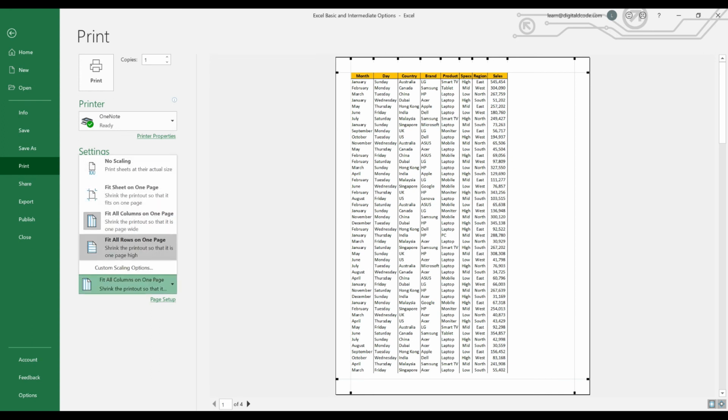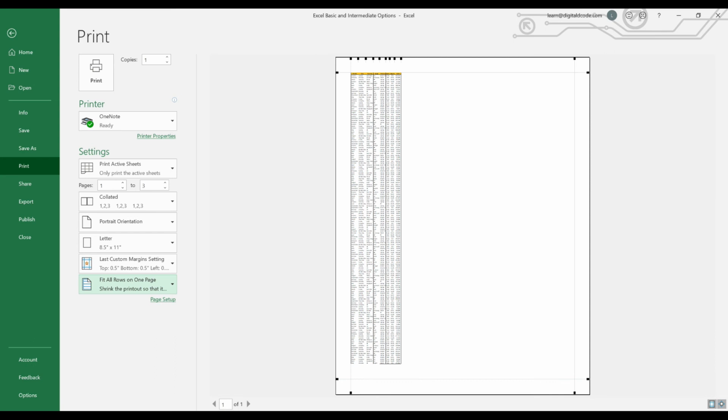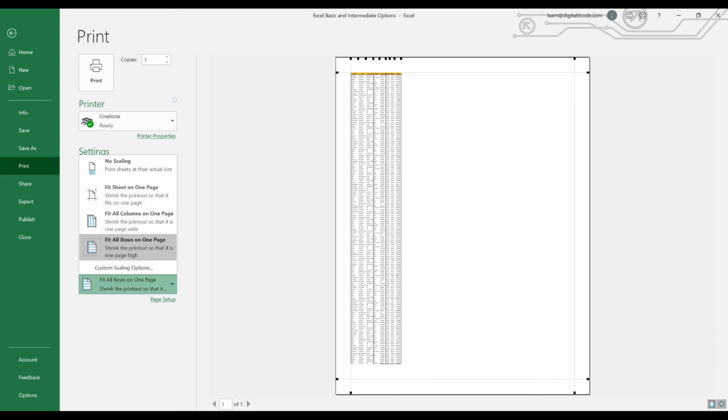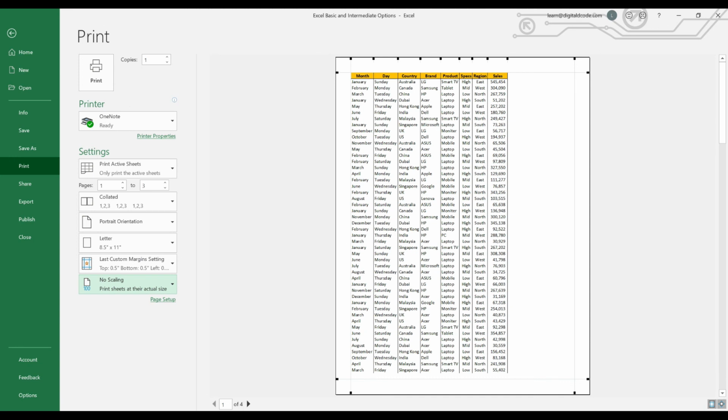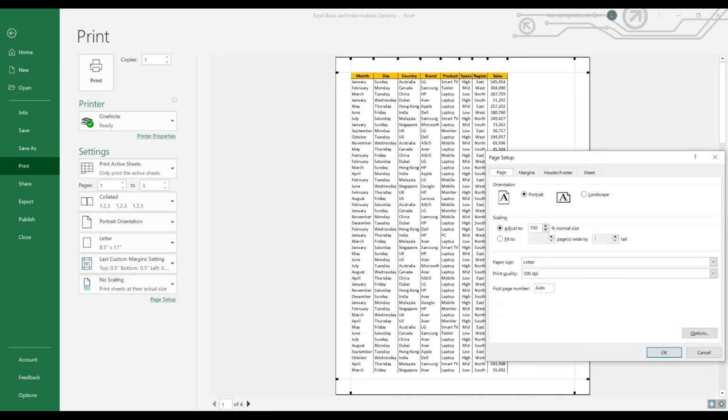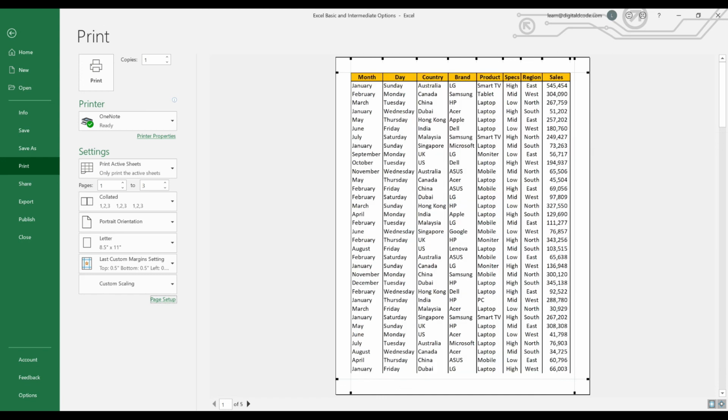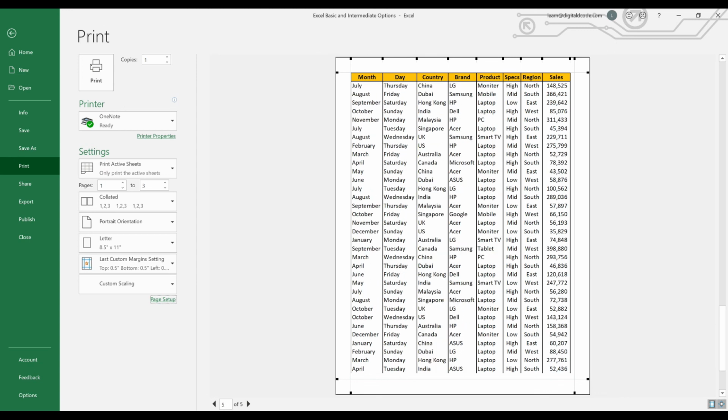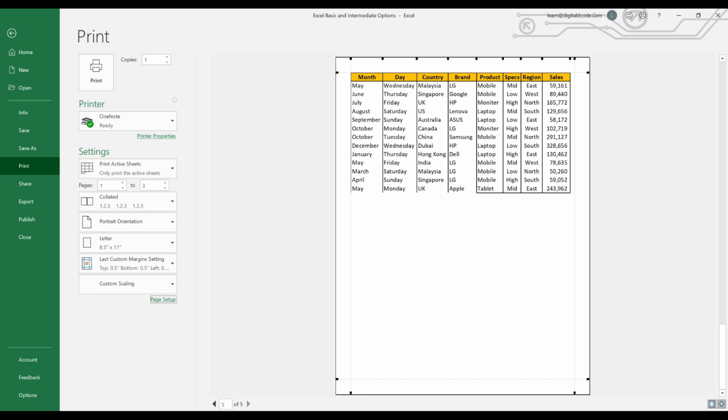In case we want all the rows to be in one page, again it will take all the data and combine it into one page. But mostly we go by our own scaling. So let me change the size back to 140. Now you give print, and this looks much better because earlier it looked so small. Also the other pages got included, but now we excluded the unwanted things, and we included only the required data. We also increased the size to look much better. So this is the printing setup.